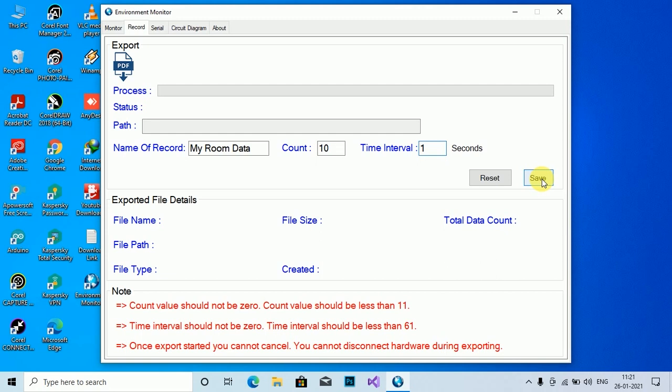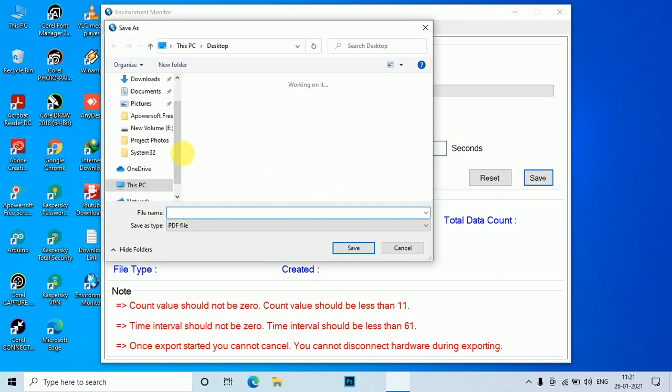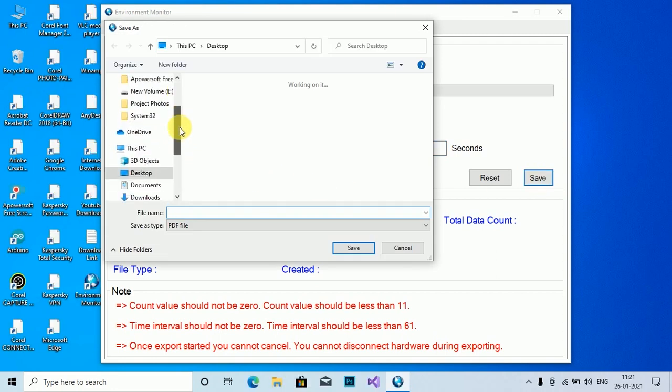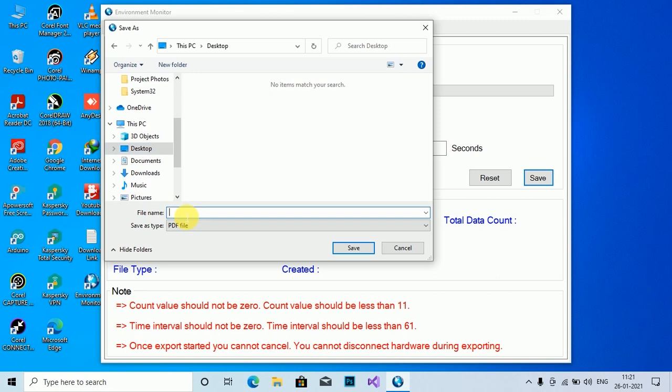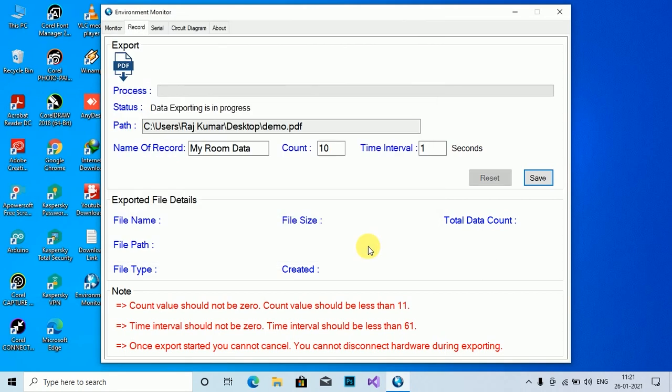Then I am clicking on save button. I am choosing desktop, and I am giving file name as demo. Then click on save button.